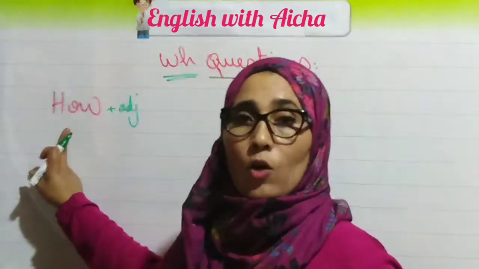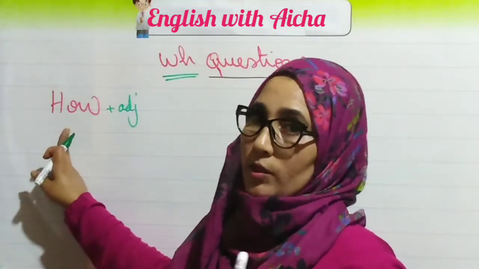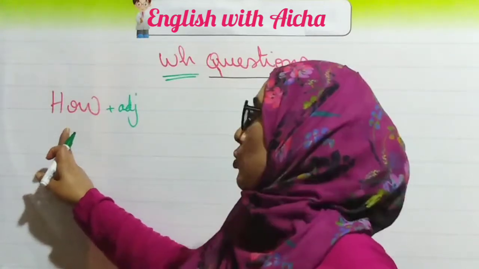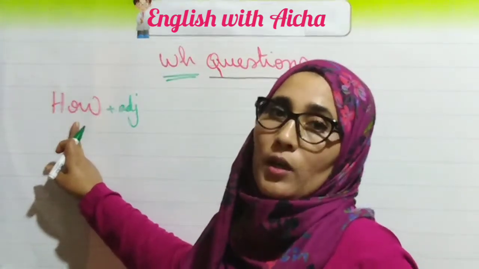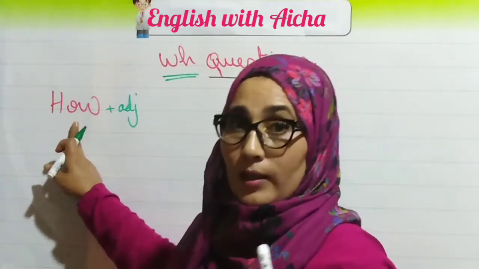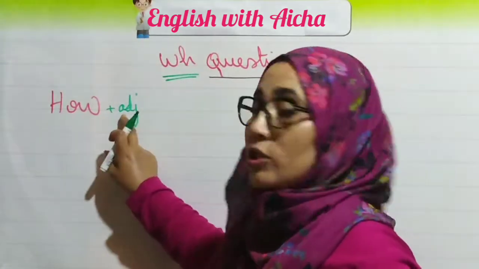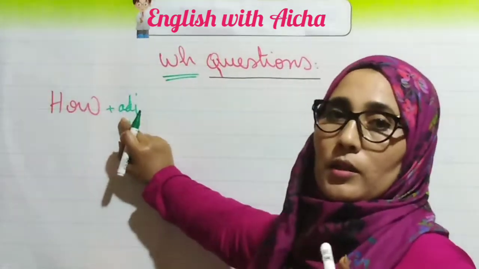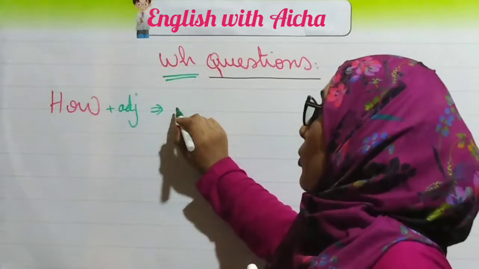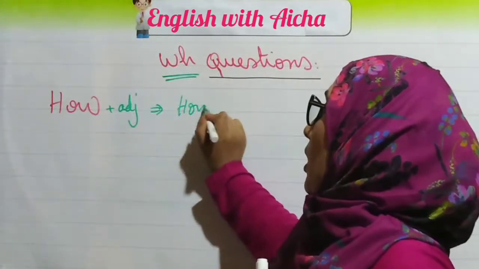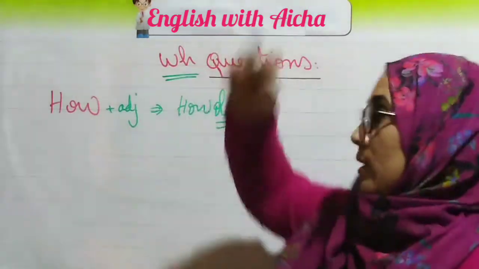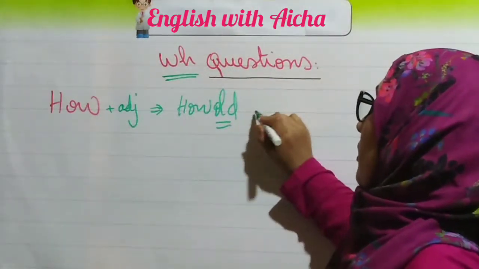So when we say how plus an adjective, the meaning changes. When we want to ask about the manner or the way we use how, but by adding an adjective the meaning or the question changes. Okay? For example, let's say how old. Old is an adjective. Old. Here it means كم عمرك؟